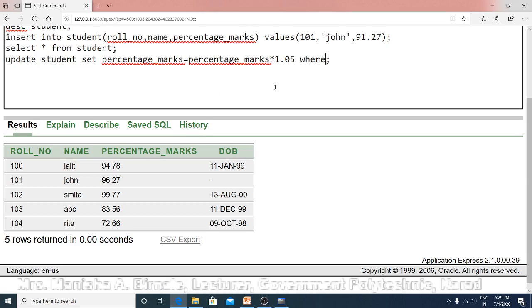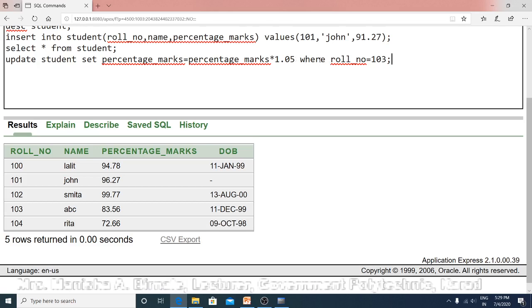And whose marks you want to increase? Where roll number equal to, suppose 103, roll number equal to 103. Here, update student, set percentage marks equal to percentage marks into 1.05, because now we want to increase marks by 5%.